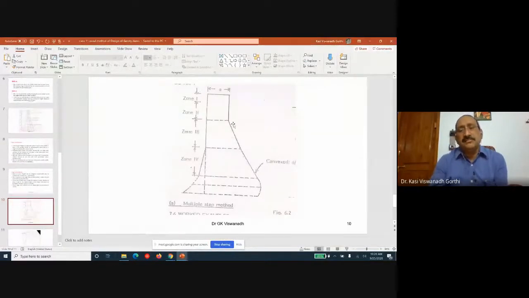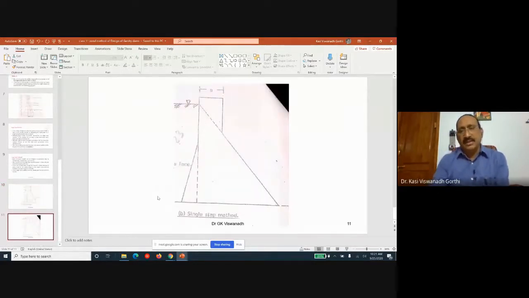You can see here, in a multiple step method, we have seen several zones, maximum up to zone 6, as indicated in zone 7. The base width will be abnormally increased, and hence, to the extent possible, avoid zone 7. So there are two aspects. One is the stability of the dam, whether you are taking up a single step method or a multiple step method. Stability of the dam is one important aspect. At the same time, you should be able to utilize the concrete or the material used economically. Just to have a safe dam, you can't increase the base width abnormally.